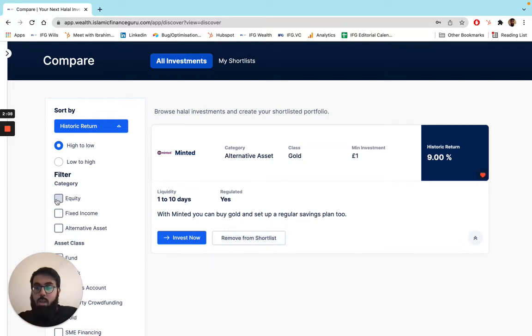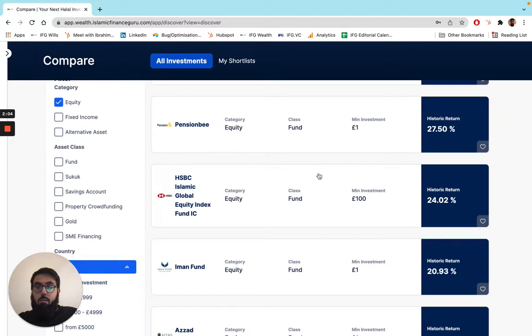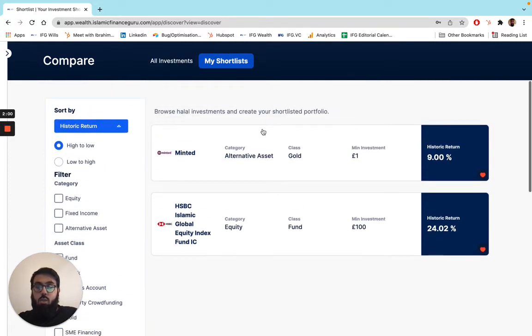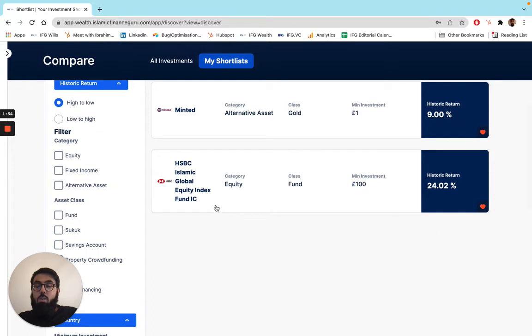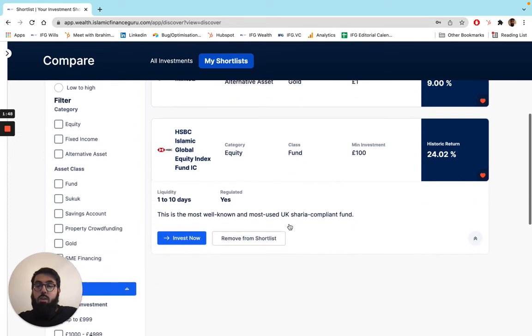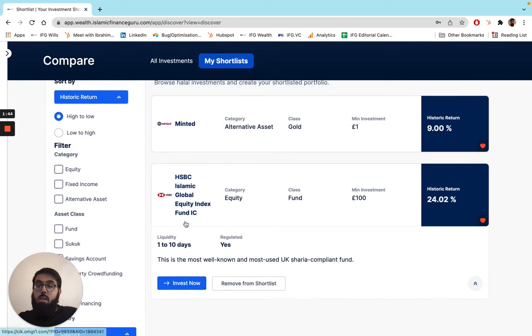So let's say I want to add a couple of things to my shortlist. For example, I add this to my shortlist. You can actually then see this in the shortlist section side by side. And so you might want to pick an alternative asset or a few alternative assets. You want to pick an equity or a few equity funds and compare them side by side in an easy way for you. And then finally, when you're ready to invest, you click invest now, and then it will actually take you onto the website,